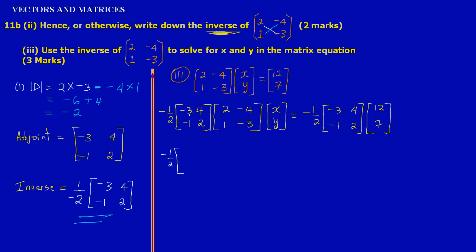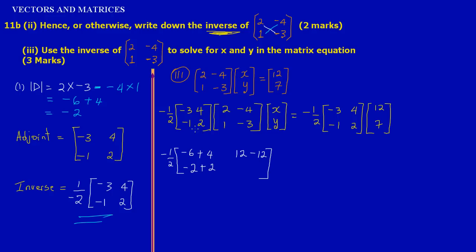So I'm going to say -3 times 2, that will give me a -6, plus 4 times 1, that will give me a +4, and then -3 times -4, that will give me a +12, and 4 times -3, that will give me a -12. So we can close that there. And here I'm going to say -1 times 2, that will give me a -2, and 2 times +1 will give me a +2,